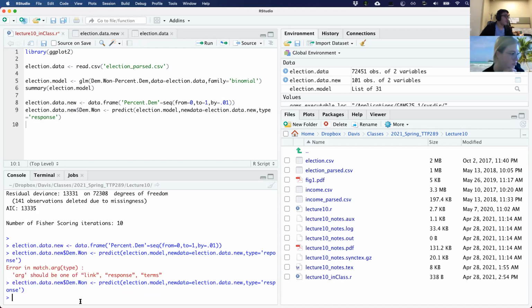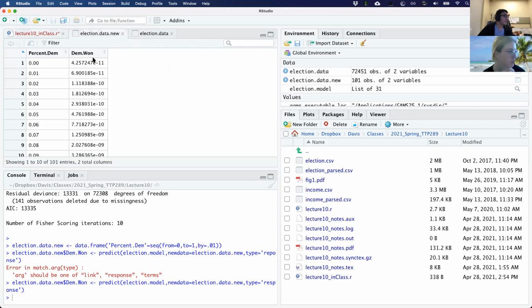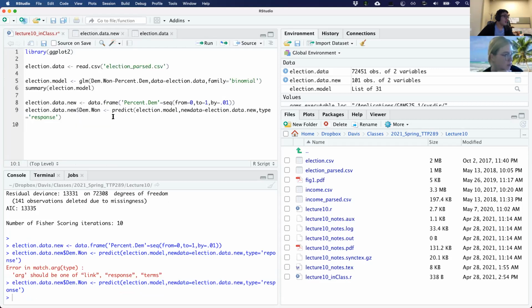So let's take a look at this. This now gives the probability outcome. You could have a different type of predicted outcome.